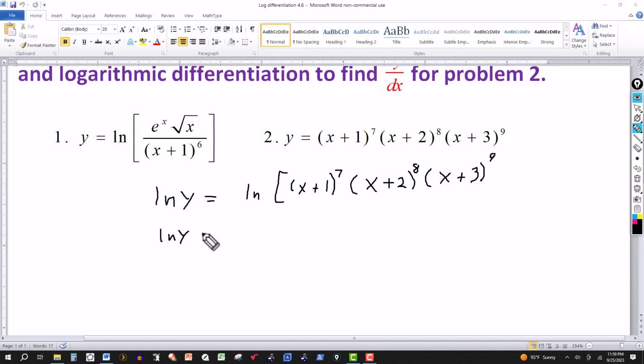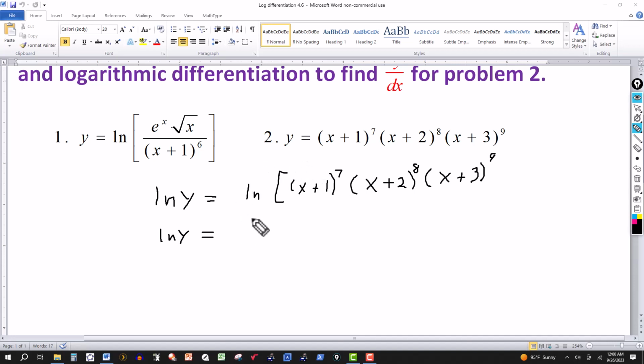Now I'm going to use properties of log. Again, anytime you have the log of a product, you can write it as the sum of logs. So this one here, I can bring it up into the natural log of x plus 1 to the 7th, plus the natural log of x plus 2 to the 8th, plus the natural log of x plus 3 to the 9th. And then the next property allows me to bring the exponent, as I did earlier, as a